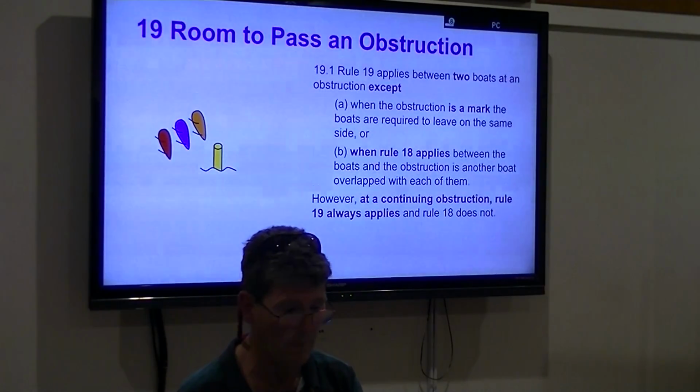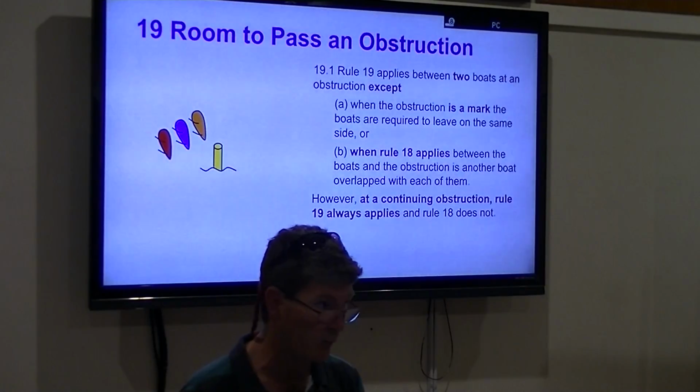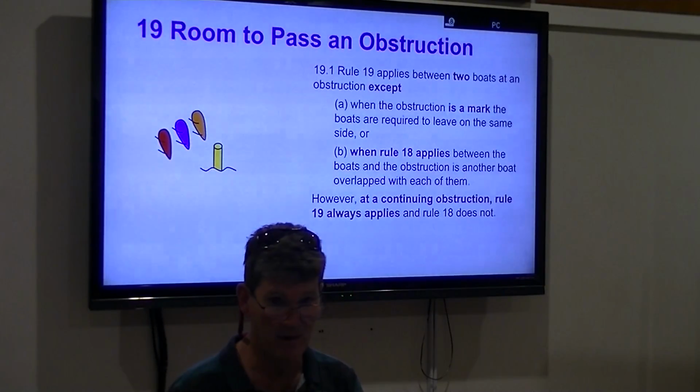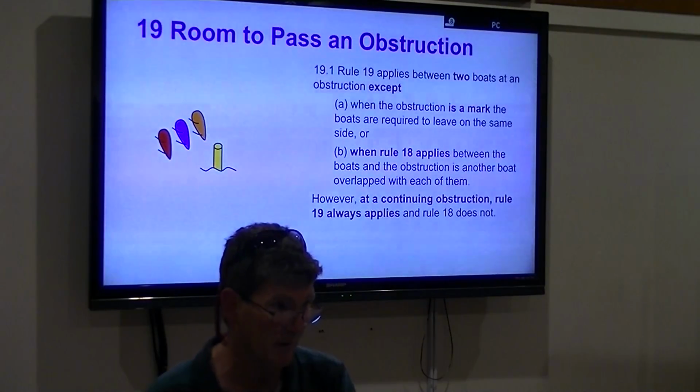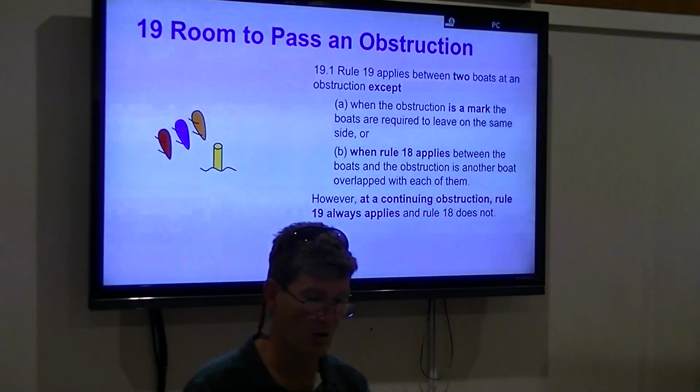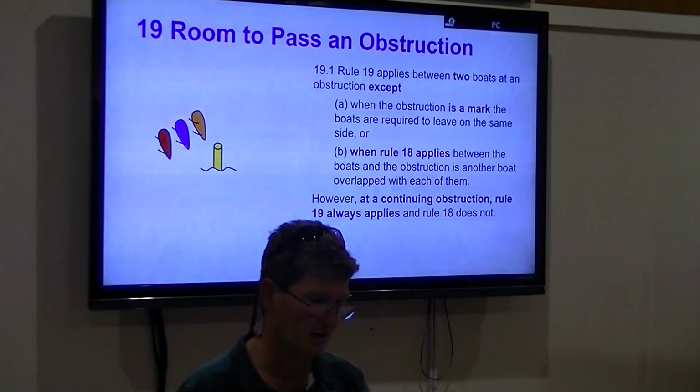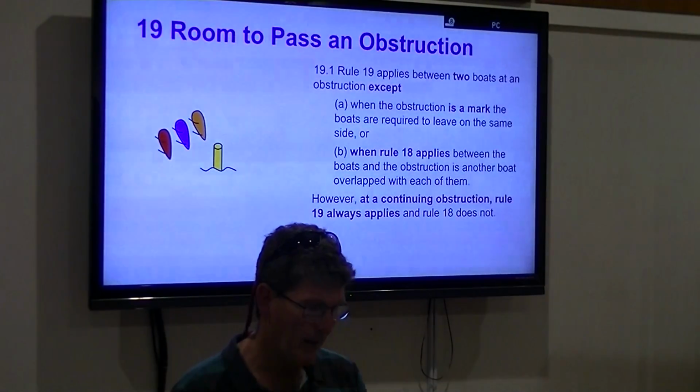they changed the rule. Basically, if you're in this situation and Rule 18 applies, then the other boats in that little boat sandwich cannot be deemed to be an obstruction to you. So, in this particular circumstance, even though